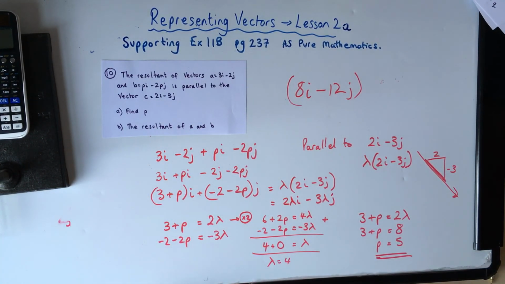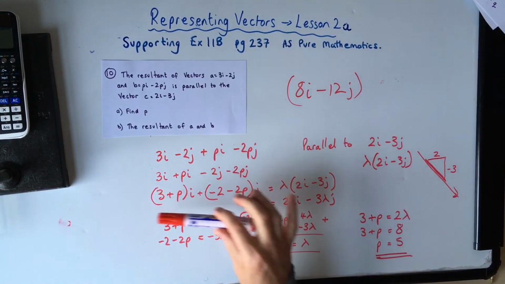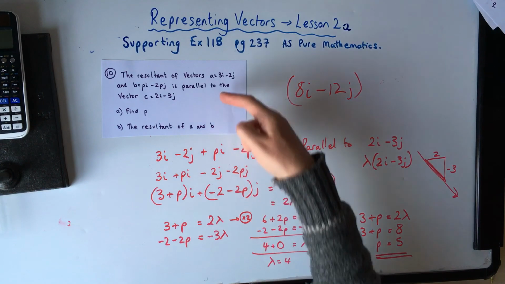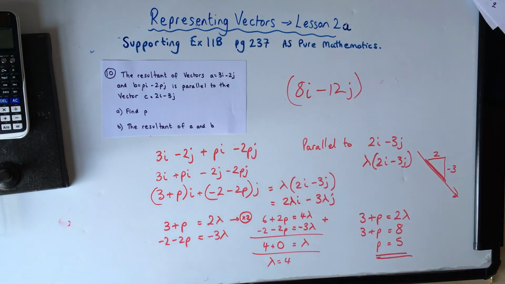Okay, so that was a slightly different way of looking at it. It was a trickier question, that there was quite a little bit to do. The maths was simple enough, it's just the understanding of it, so you might want to rewind and watch that one again. So I hope that helps you with the exercise. Number 10 was the most difficult. It was also the last question in the exercise, but have a go at them before you watch this video,